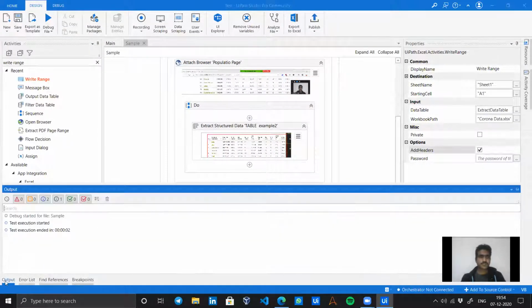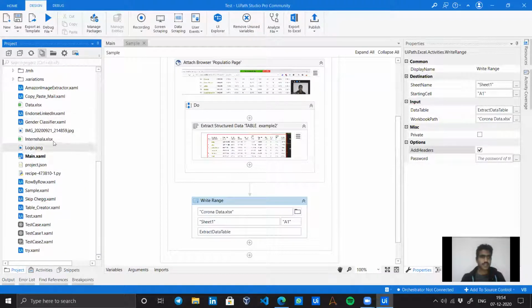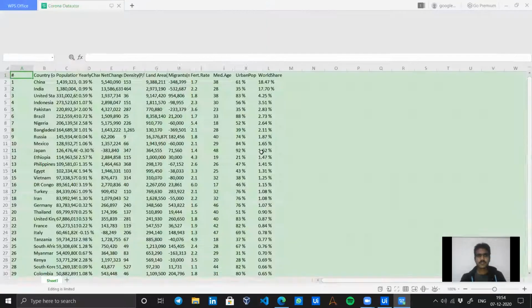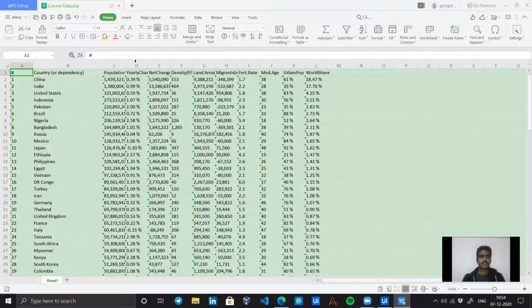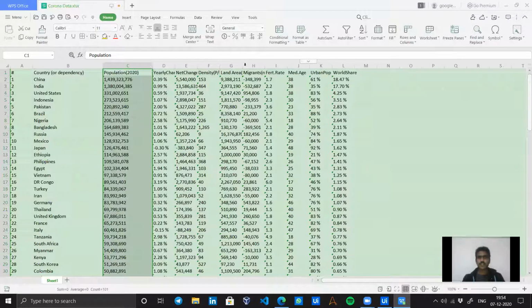Simple. It took 2 seconds, and I guess we have got our data. But corona data, let's refresh it. Okay, here is the data with us. You see how easy it was. Now, if you need to do anything with this data, you can. It was as easy as a single click, in seconds.